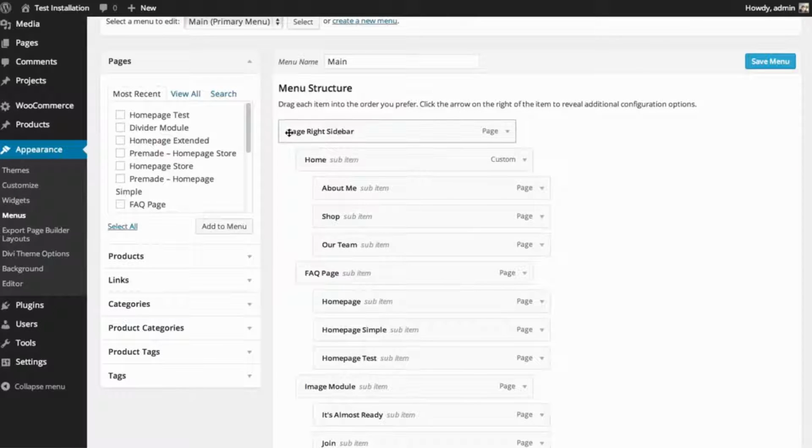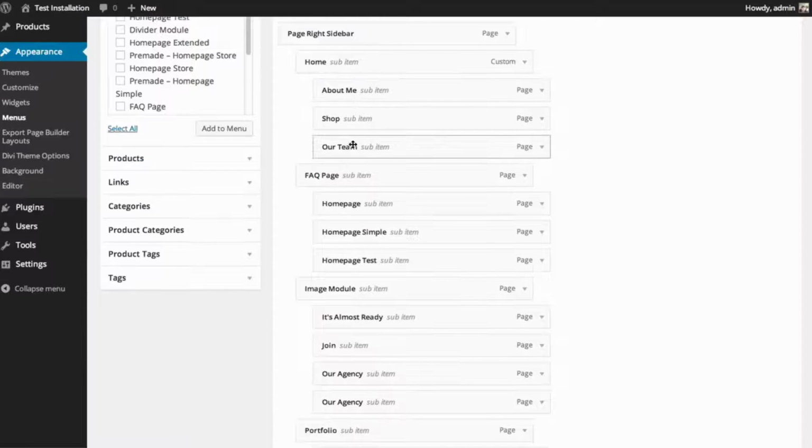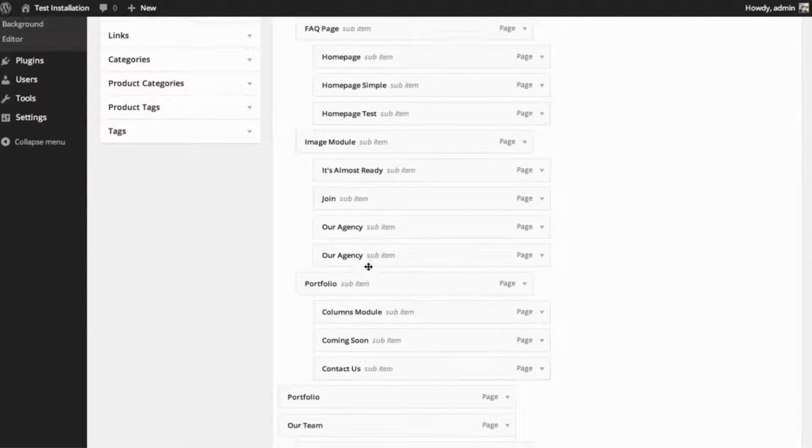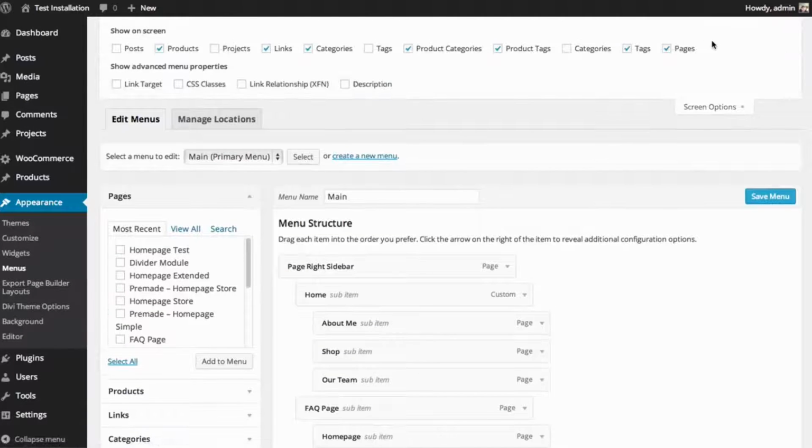So there we go. We have a link called Page Right Sidebar, and inside that are 4 different groups of menus. Now, in order to make it a mega menu, you're going to have to add a special CSS class to it. You can do that by clicking the Screen Options link at the top of your page and making sure that the CSS class